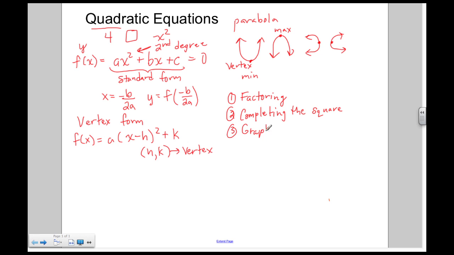The graphing method is good to start because it gives you a visual representation of what the parabola looks like, and it makes it easy to find your answer. But when it comes to doing a lot of problems, graphing is just time consuming, and more likely than not on a quiz or other examination, they're probably going to only have one or two pictures of a parabola that need the answer. The rest you're going to have to use other methods to figure out the solutions for those equations. Another method is the quadratic equation.